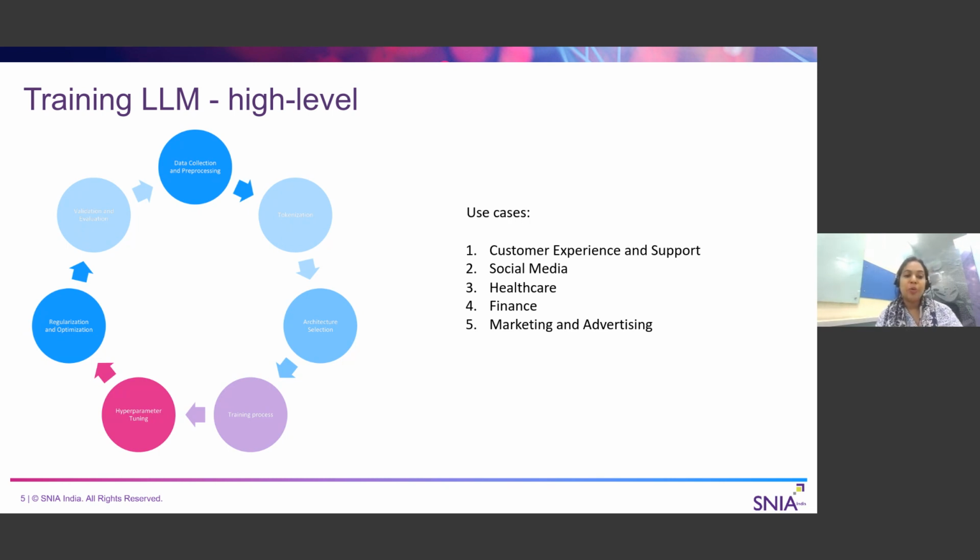So now let's see at a high level what exactly the training process involved in a large language model is. So what is the basic thing that you need? It is definitely data. So it all starts with your data collection. And when I say data, there are a lot of unwanted things in that, like stop words, commas, and words like why, these types of words, right? So you pre-process all the data and you have now quite sanitized data. Then you go for tokenization of that data, where you actually split it into simple words.